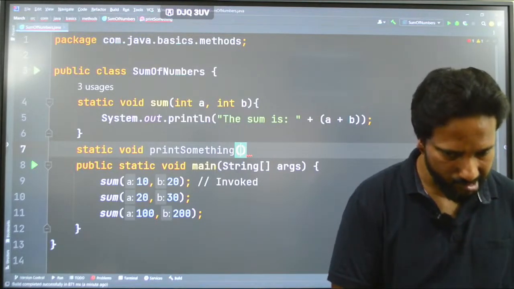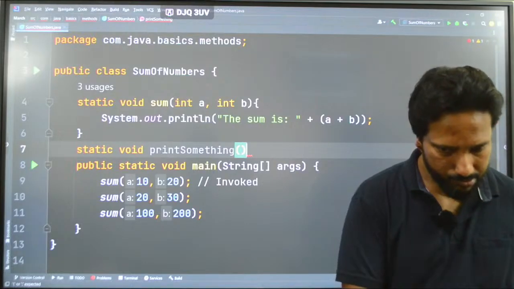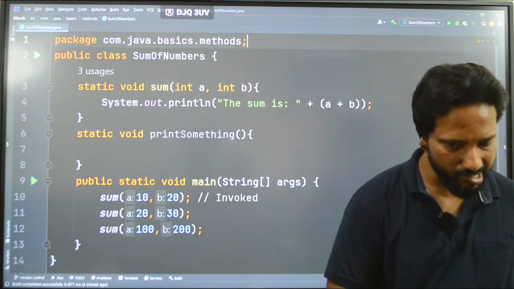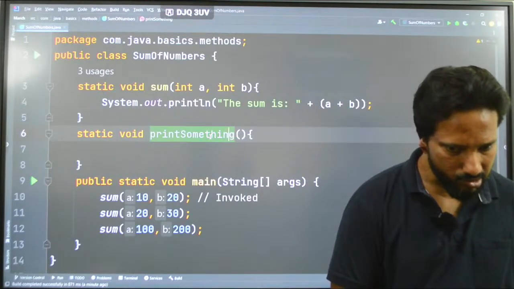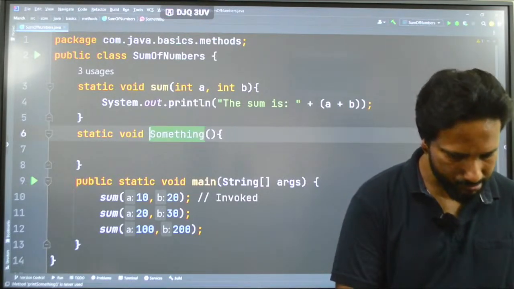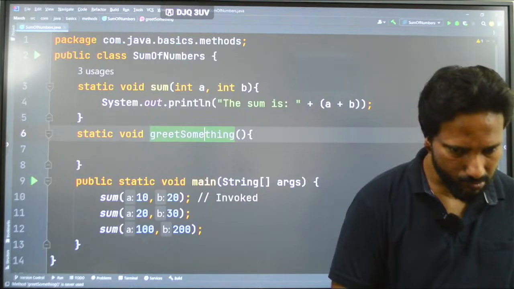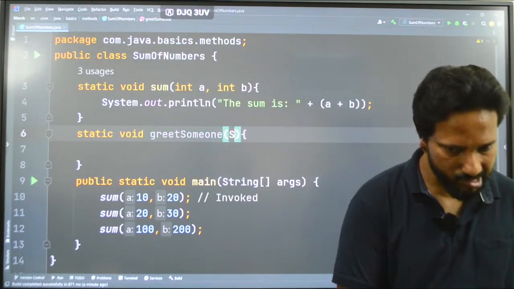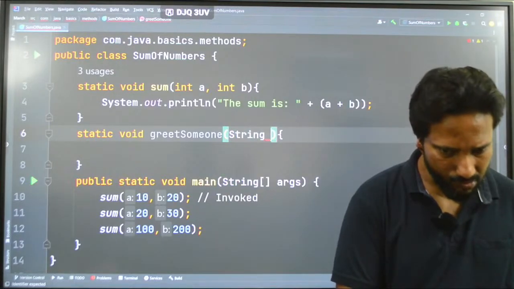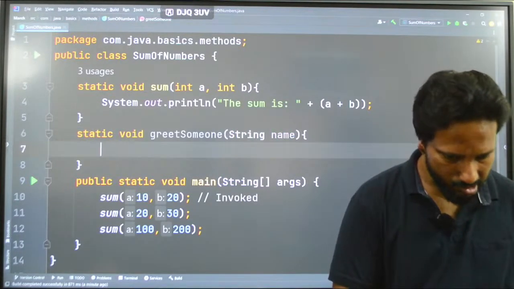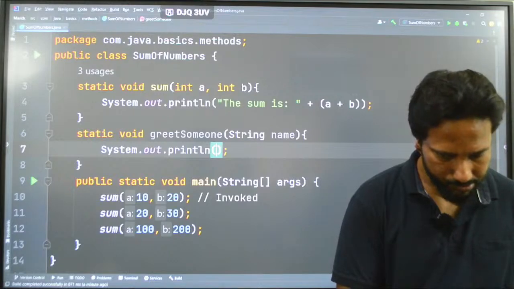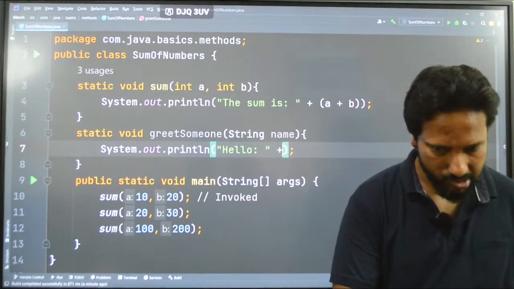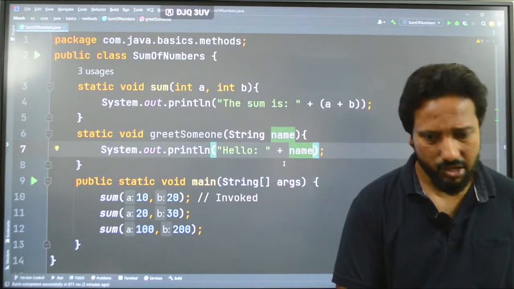Okay, so I'm saying print something, and I am taking nothing from the user, or we can do one thing also, rather than printing anything, print or greet someone. Let me say greet someone. Okay, I am taking a string, say name, and I'll say s out hello plus name. Okay, so whatever name comes here,